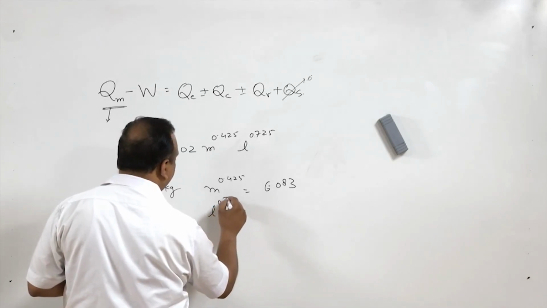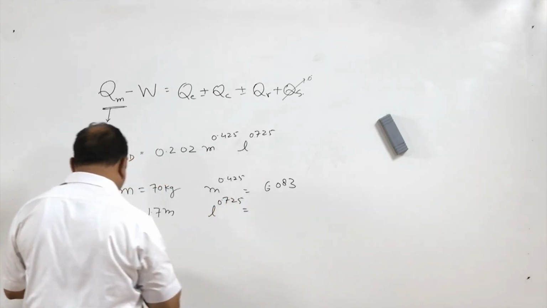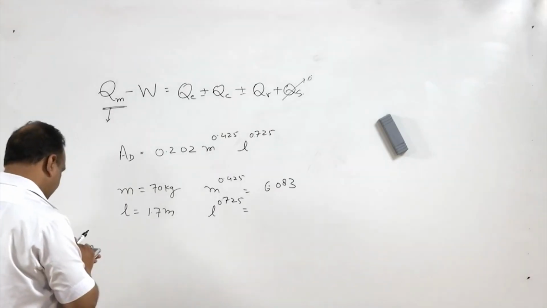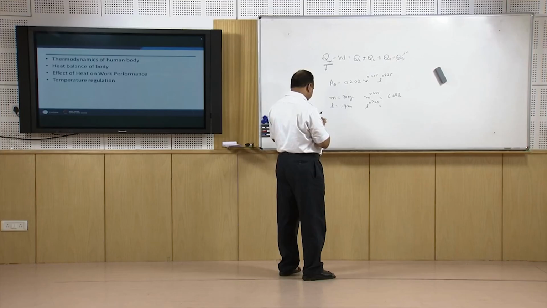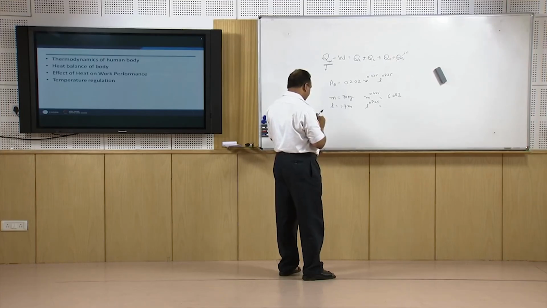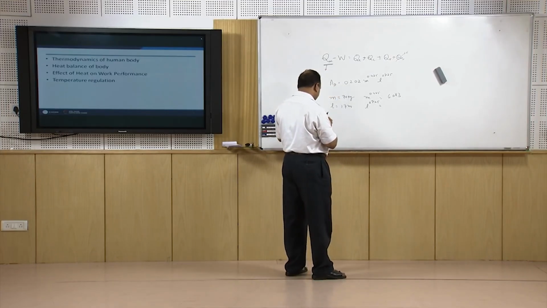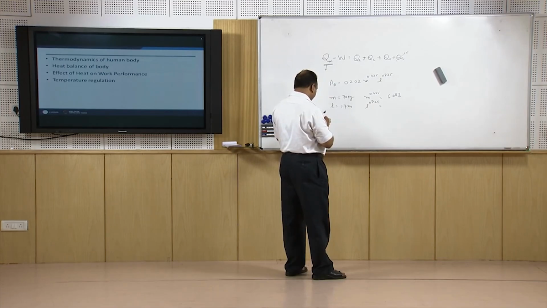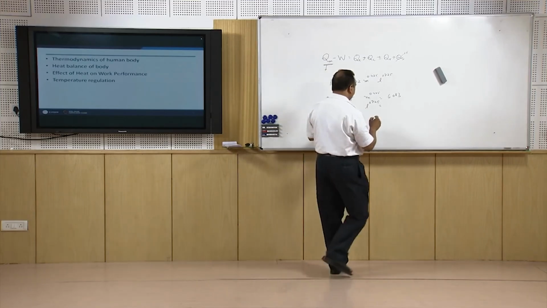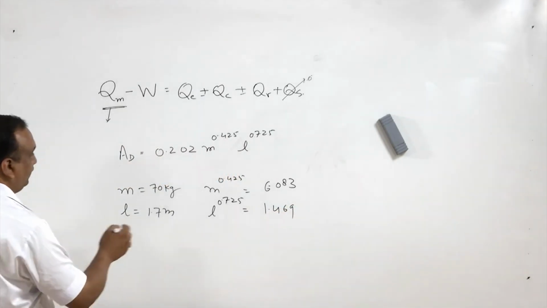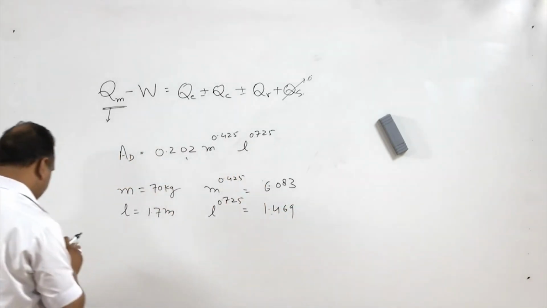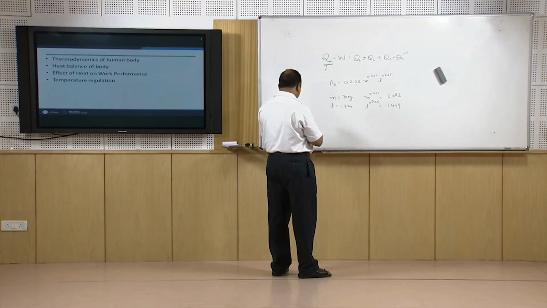So, L raised to power 0.725 will give, this is 1.7 raised to power 0.725, it will give 1.469, and if we multiply this and this, then we will get body surface area,